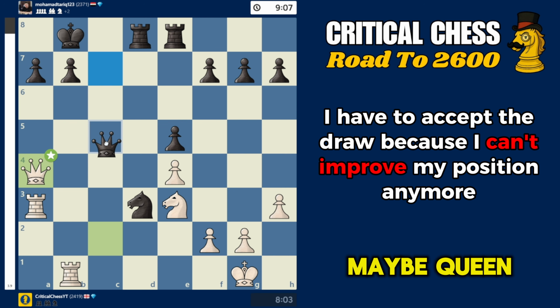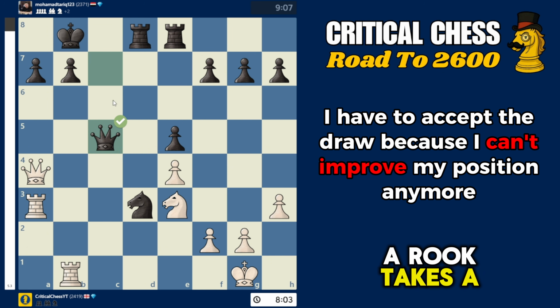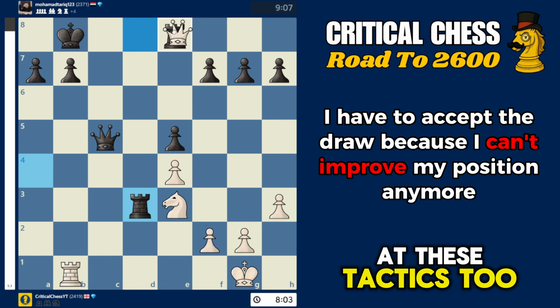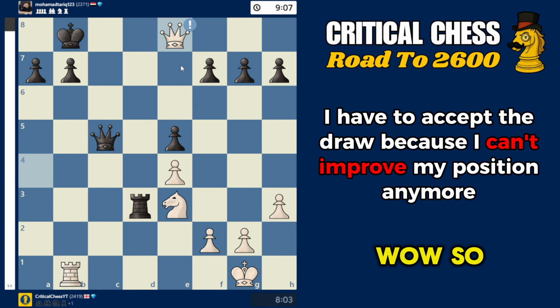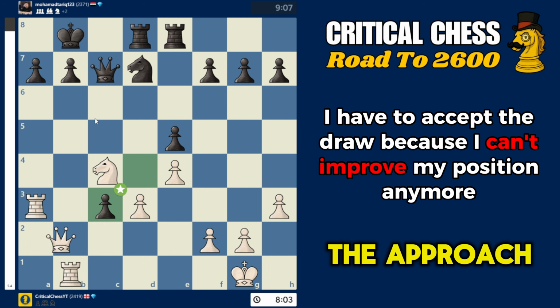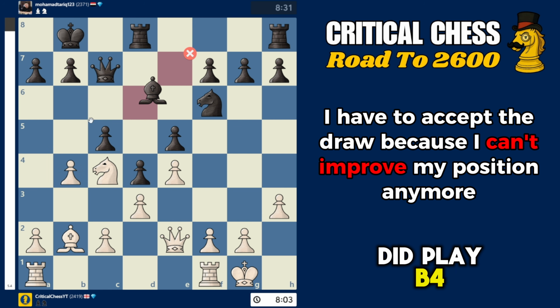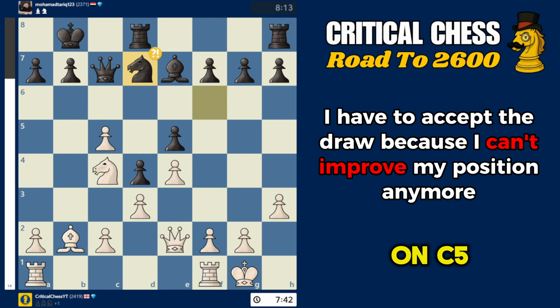I guess maybe queen c5 is the only move, but then rook takes, rook d3. Look at these tactics too. Wow, so there were some really, really nice tactics which I didn't see in the game. So the approach that I went for was I did play b4, and then I took on c5, which was